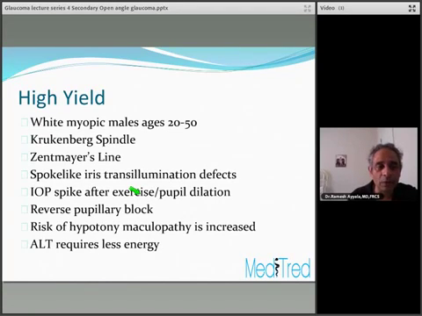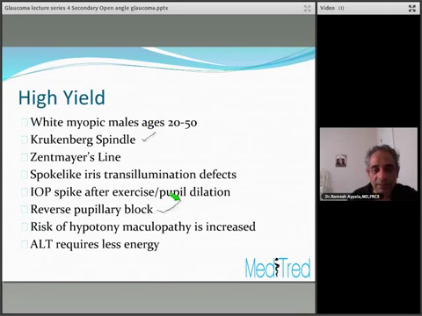So from the board's point of view, here is my high yield slide. Pigment dispersion syndrome and pigmentary glaucoma are more likely to be seen in white myopic males aged between 20 and 50. They will have Krukenberg spindle, but the spindle is not pathognomonic for pigmentary glaucoma. It's seen in other disorders such as trauma and uveitis. Scheie's line, again, is a deposit of pigment in the area of zonular attachment of the lens equatorial region. Spoke-like iris transillumination defects in the mid-iris periphery, IOP spike after exercise and pupil dilation,